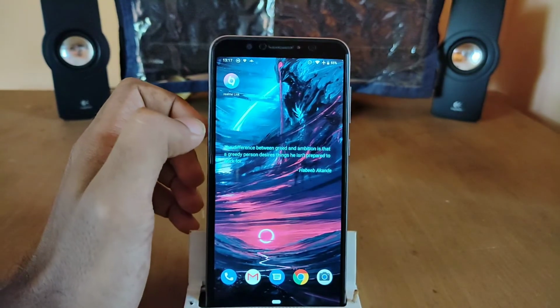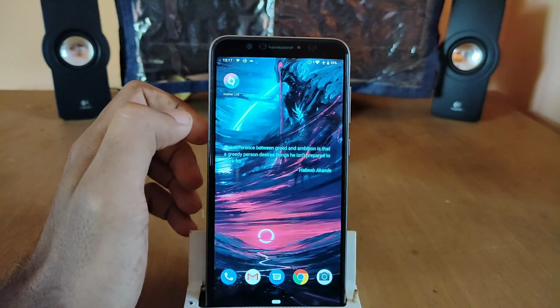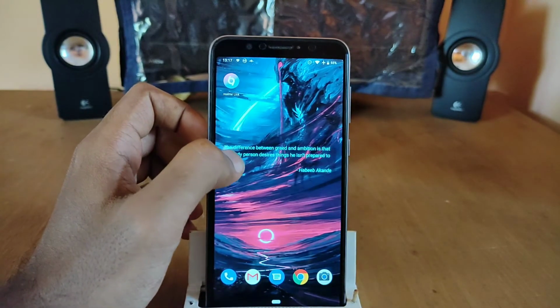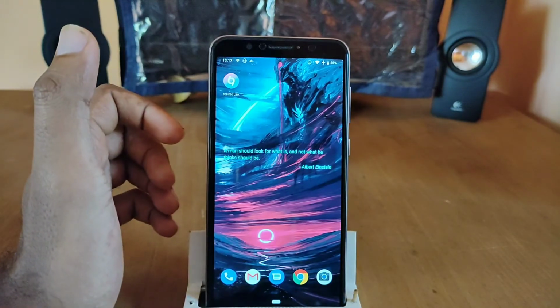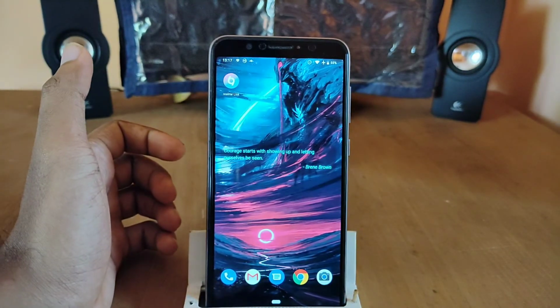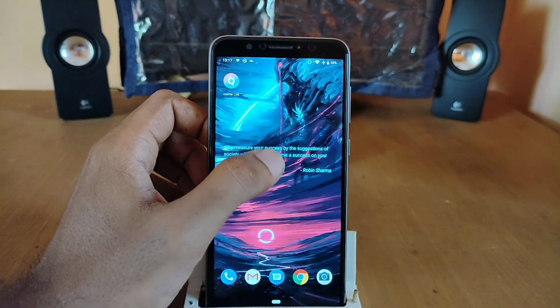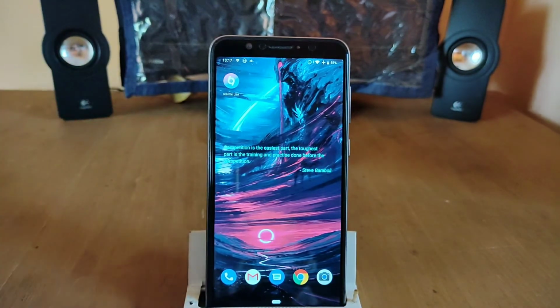So as you can see, you get some nice quotes directly on your home screen. If for example you do not want to wait 2 hours, or say you want to read around 2-3 quotes at a time, then you can directly click on it, which will ultimately change the quote, and there are thousands of quotes which will be directly displayed on your home screen.